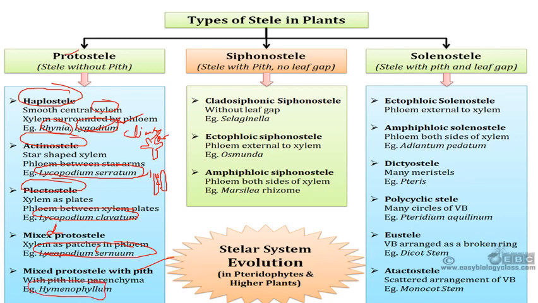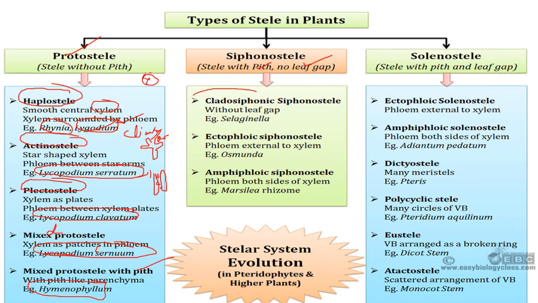ये पाया जाता है Hymenophyllum में. So this is the first category, that is protostele, which means stele without pith, जिसमें pith present नहीं होता, solid core present होता है xylem का, and surrounded by phloem, and xylem may be in patches or in the form of star. The next type of stele is siphonostele, that is stele with pith, but इसमें कोई भी leaf gap